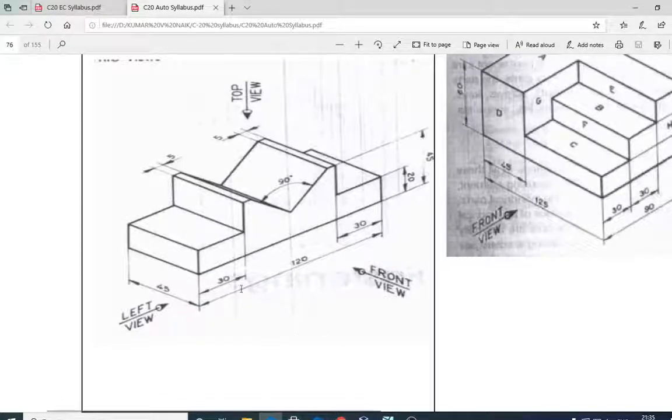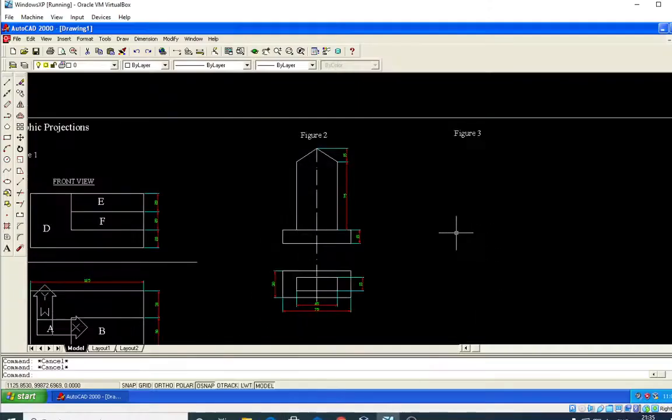Therefore in the front view the length is 120 mm. Length I will take as 120 mm. So I will take L, enter, click on this. Ortho should be on, 120 is the length. Sorry, I have drawn 12 mm.